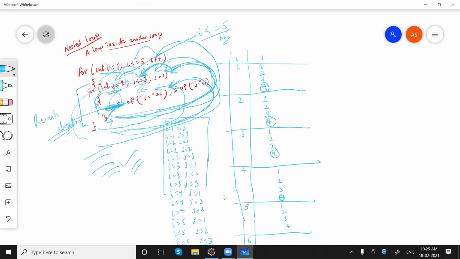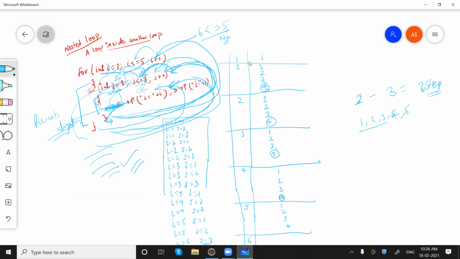So whenever we are going to write a nested loop, you can see our inner loop is starting from 1 going till 3. That means 3 steps, or it's running 3 times, right? And the outer one is running 5 times, like for 1, for 2, for 3, for 4 and 5.